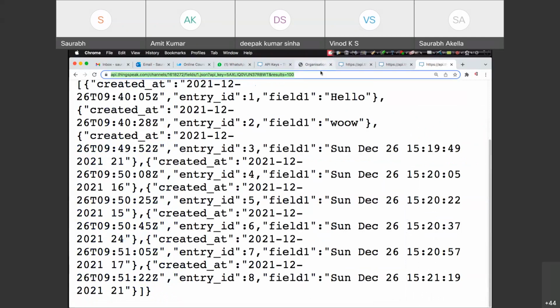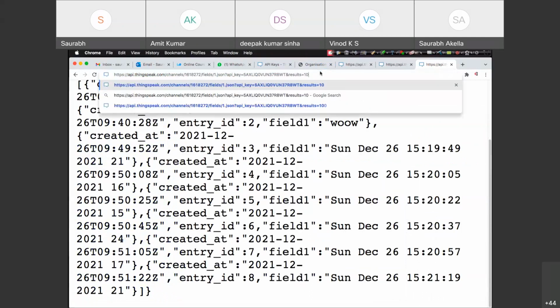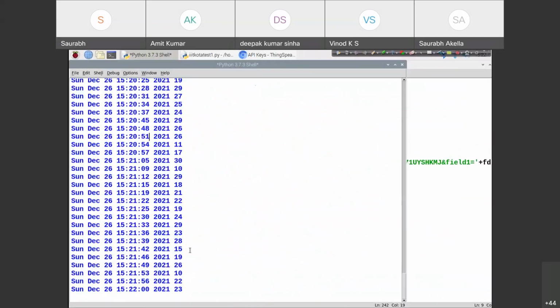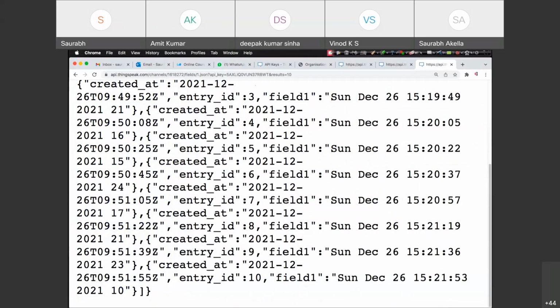Yes or no? Yes, sir. It is very important to understand. See, we have got only 10 entries. However, there could be 30, 40 entries. So depending on response time, we have to understand because HTTP is quite slow in comparison to MQTT or other protocols. So we have to keep this thing in mind once we are sending data of any parametric values, right? Okay, sir. Thank you.